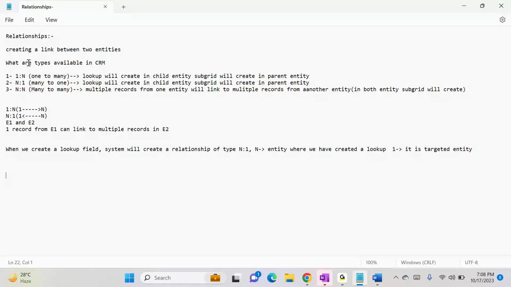So yesterday we discussed relationships, right? Why we need relationships: to link entities. These are the types of relationship: one to n, n to one, and n to n. So in one to n and n to one,